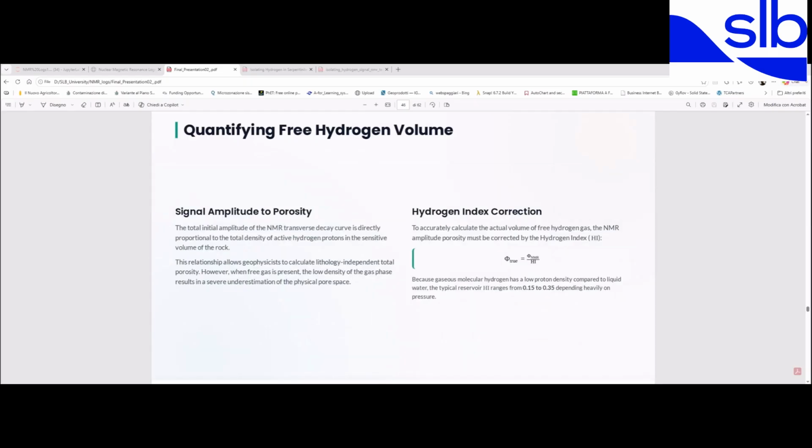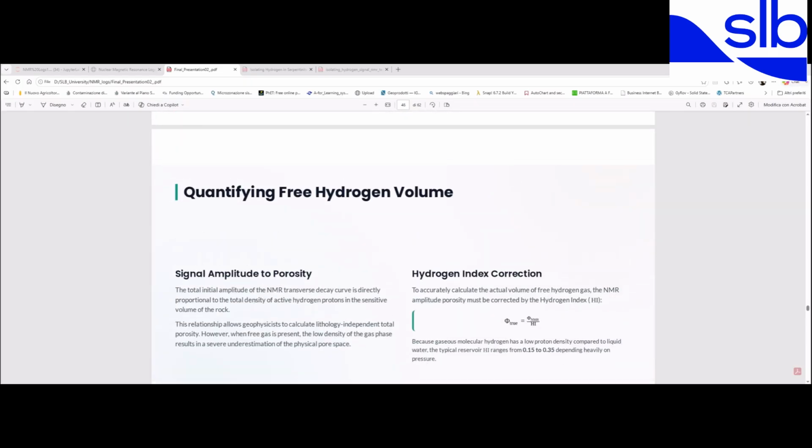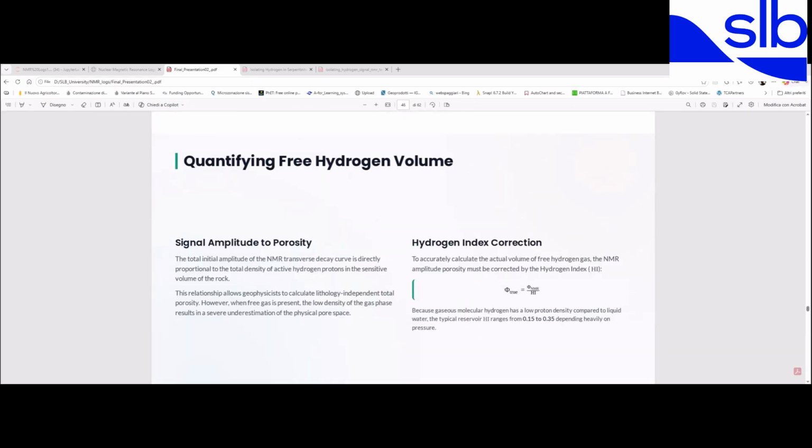Quantify free hydrogen volumes. So finally, all companies want this data. How can the volume of free hydrogen be extracted? This is the final question that you need to answer. The total initial amplitude of the NMR transverse decay curve is directly proportional to the total density of active hydrogen protons in the sensitive volume of rock. These relationships allow geophysicists to calculate lithology-independent total porosity. Moreover,